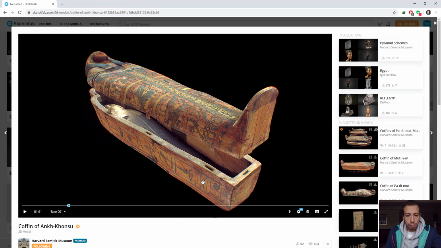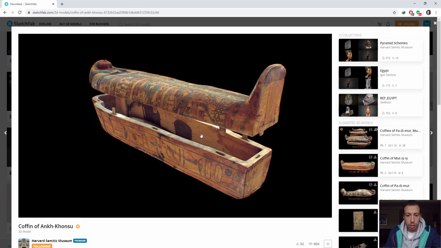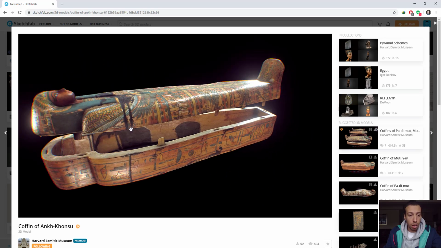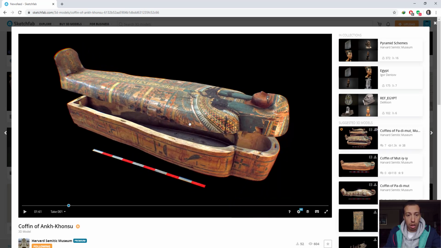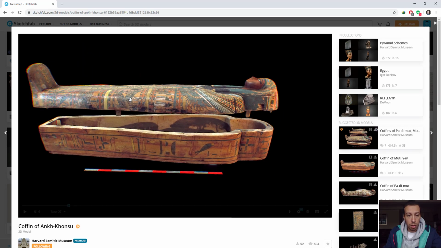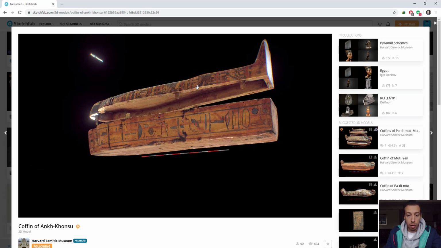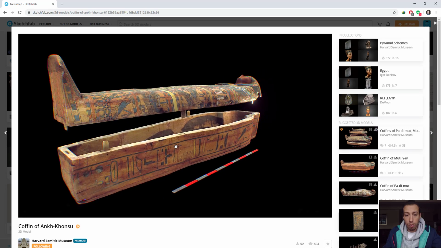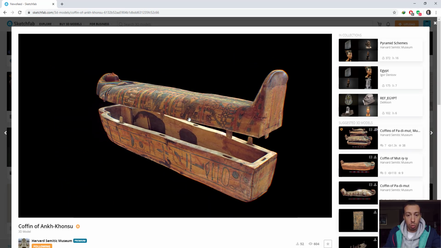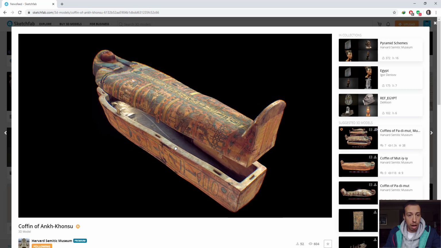Hello. Today I will make a video tutorial about how to make this outstanding 3D model for a coffin. I will start with how I process the photographs from the top of the coffin, exterior and interior, and how we can merge both sides together. The same for the bottom, and how we merge both exterior and interior together, and how to extract